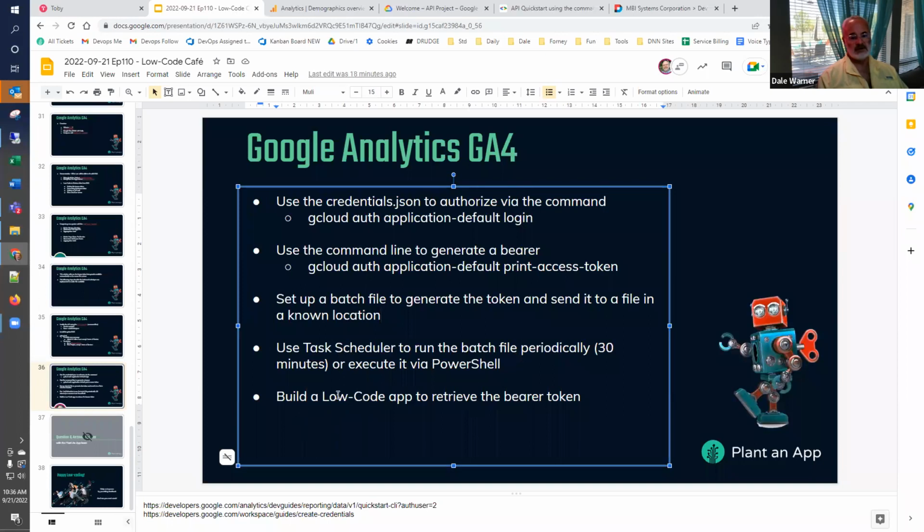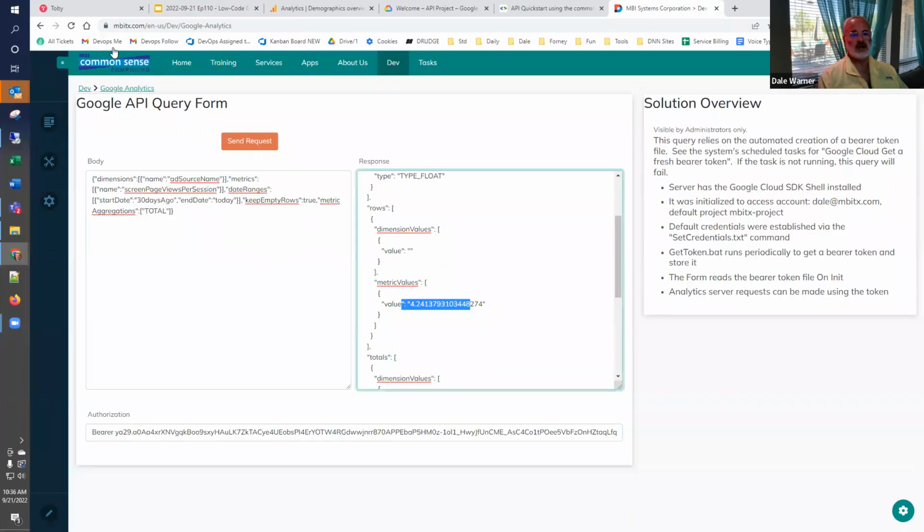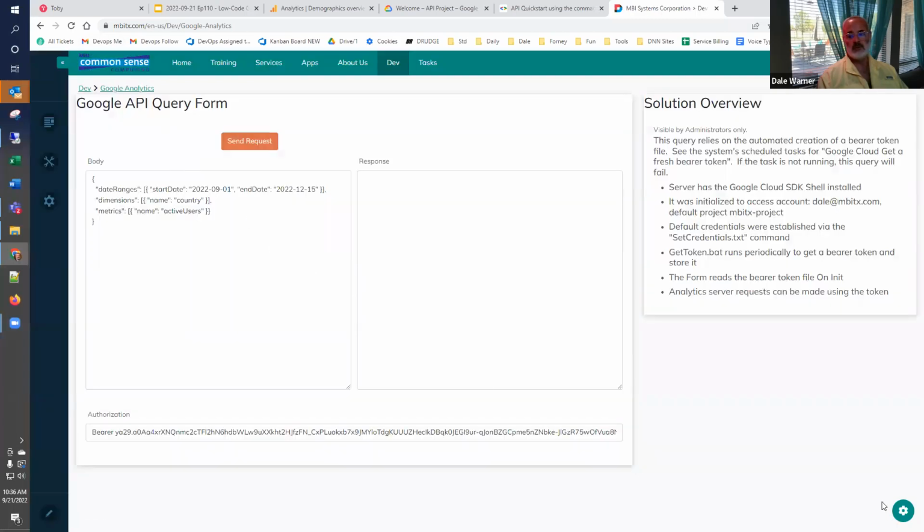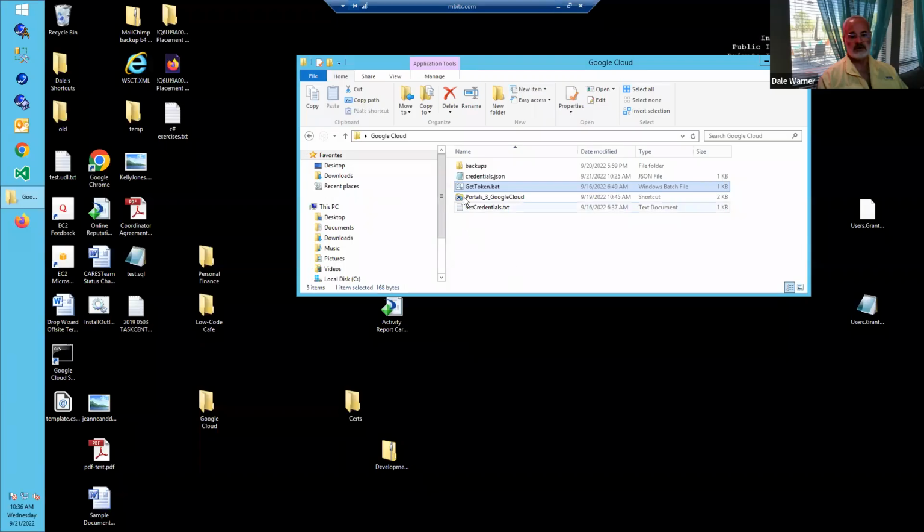And so now, the last step is let's build a low-code app to retrieve that bearer token. And we've already done that. That's what happens here when, I'm going to go full circle here. When we go to this, this is the bearer token. If we were to take a look at this,